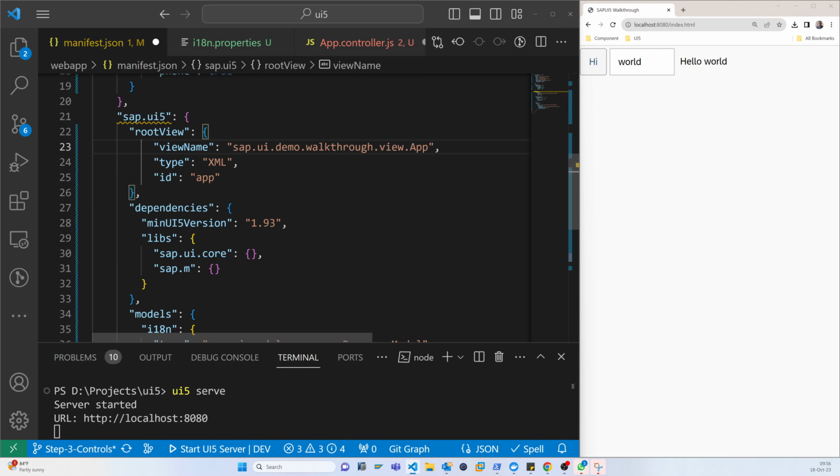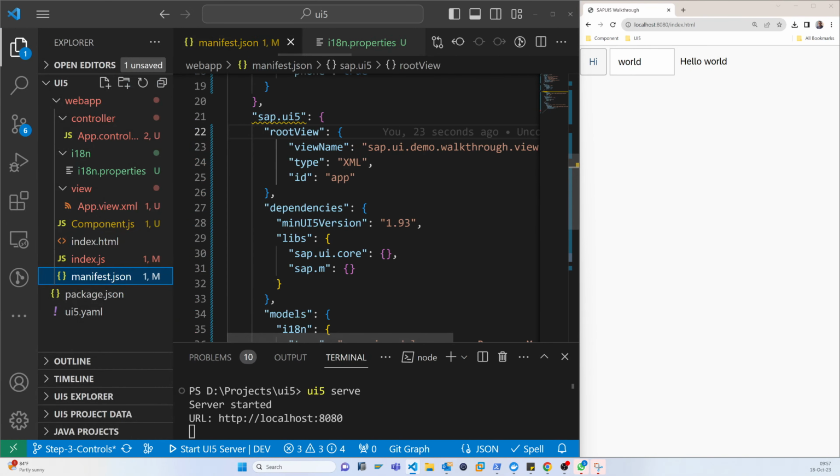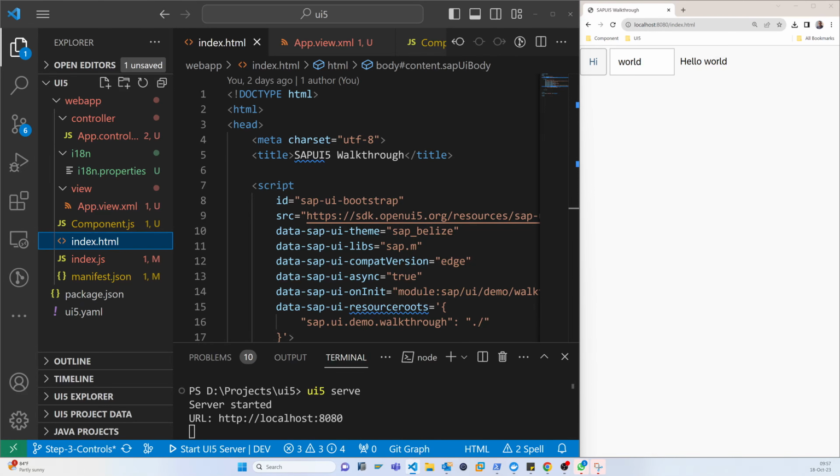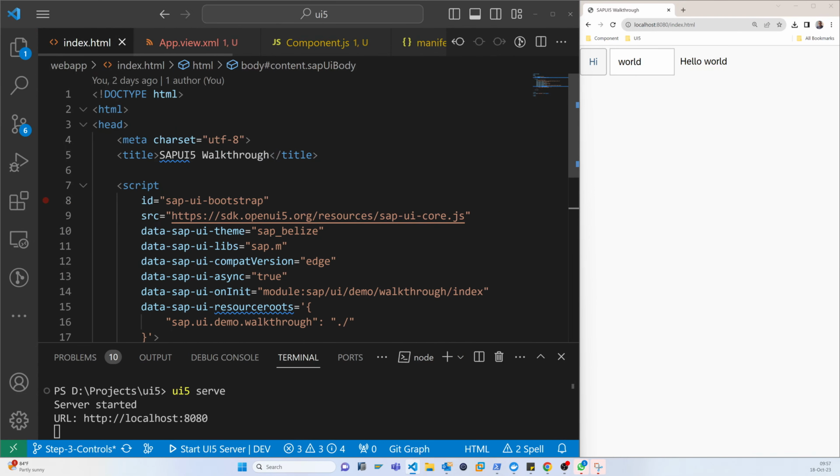For example, if you start this from here, then it might not work. That is the reason I just copy and paste, but you have to maintain those things, otherwise you will get an error and your program will say that it cannot run the manifest.json file. So that's all. Now if I go to the index.html file,